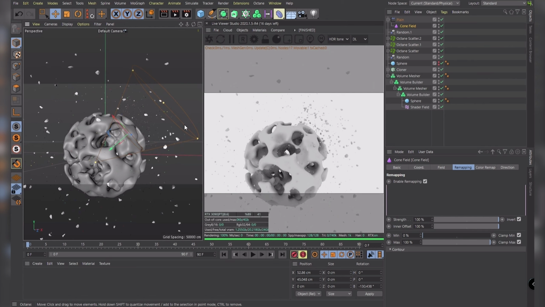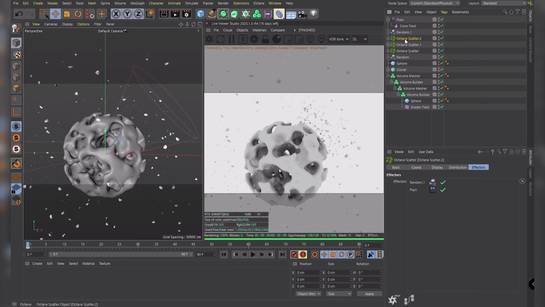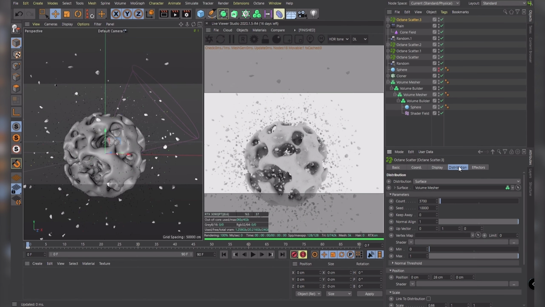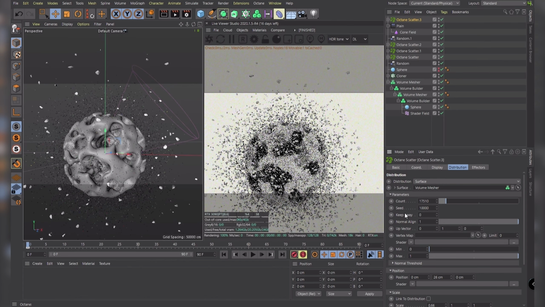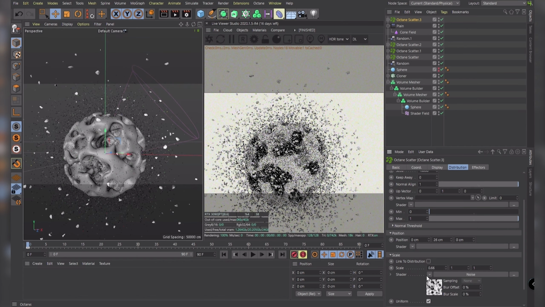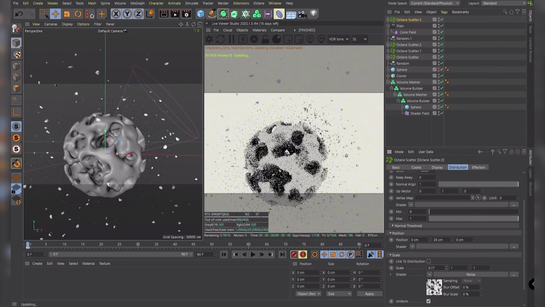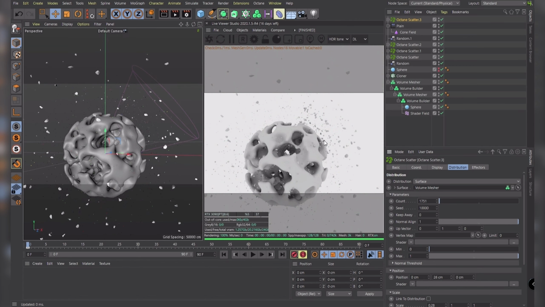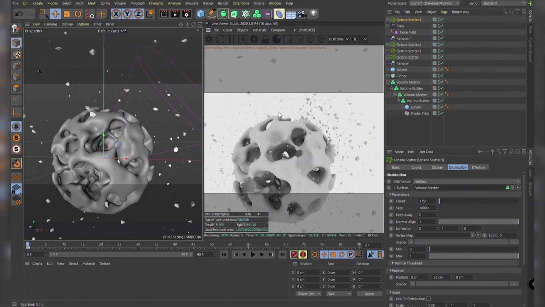Okay, so let's save and continue one last time with another scatter. I'm just going to copy this one and paste it, and I'm going to delete the plane effector. Disabling doesn't do the job. And I'm going to put a lot more of these, so maybe something like even 70,000. But of course they are way too large, so let's scale this down a lot. Maybe let's remove a 0 from this. Okay, like that, because otherwise it's a bit too much. Okay, so that's all of the scattering.